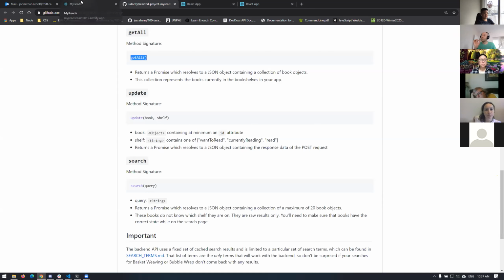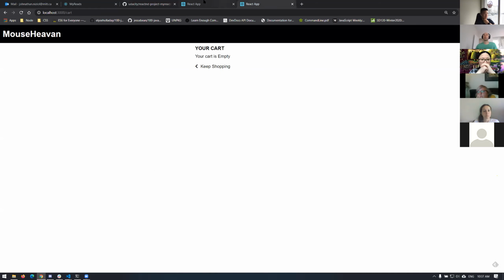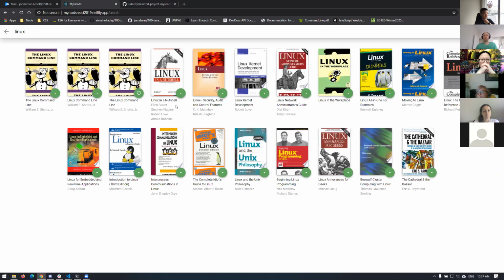Okay, you will be doing something very similar to this. The other big difference here is that there's three methods: get all the books, search for books by a query, and third, update the books. So unlike our previous examples, we aren't just getting things. We are now able to update things at the API, which means when we're in our books app over here